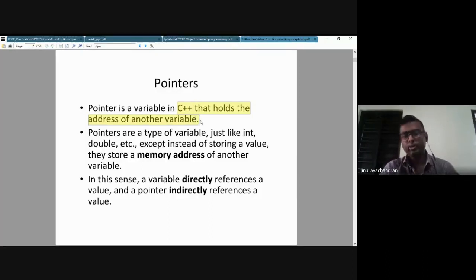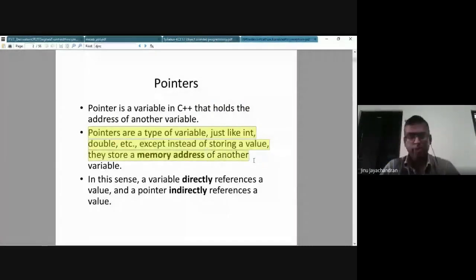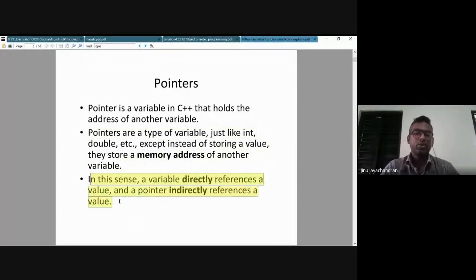So inside the memory of a pointer, instead of a value, you will have an address of another variable. Pointers are a type of variable just like int, double, etc., except instead of storing a value, they store the memory address of another variable. In this sense, a variable directly references a value and a pointer indirectly references a value.